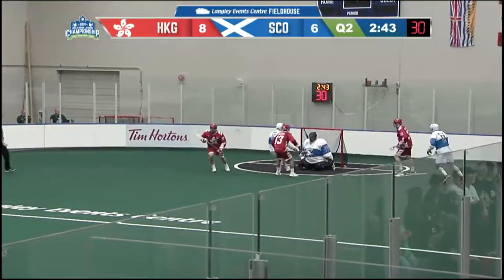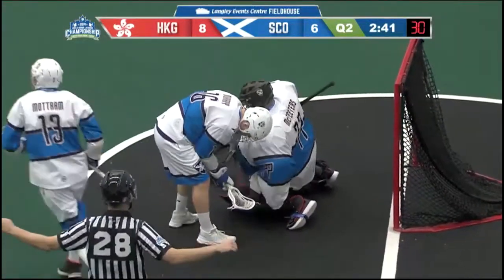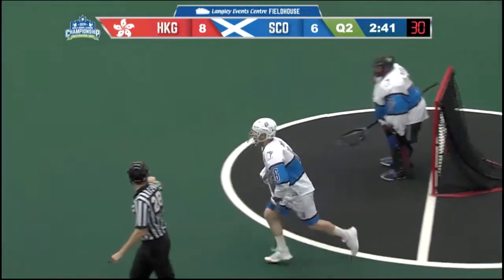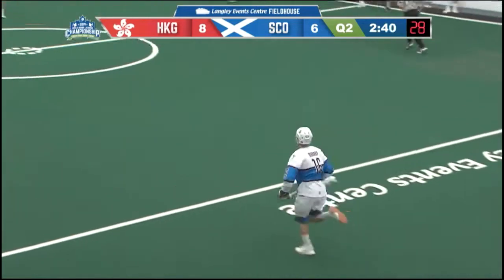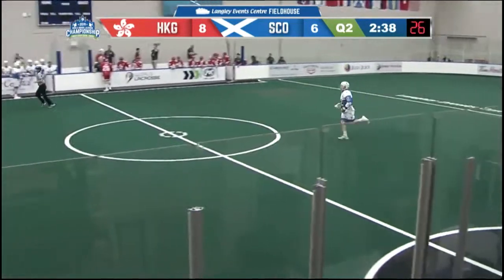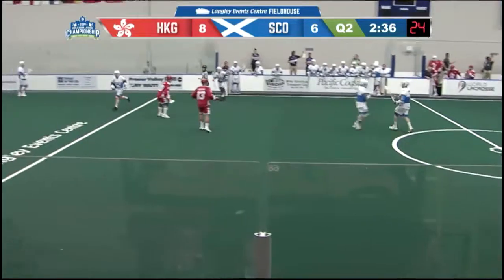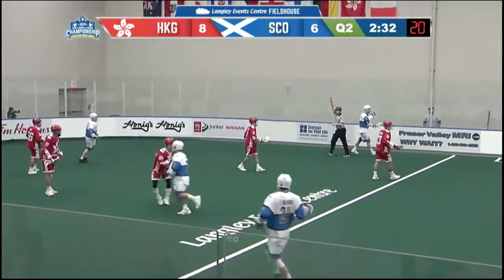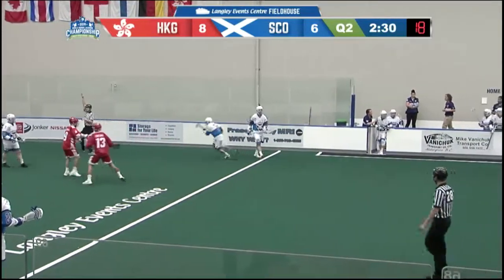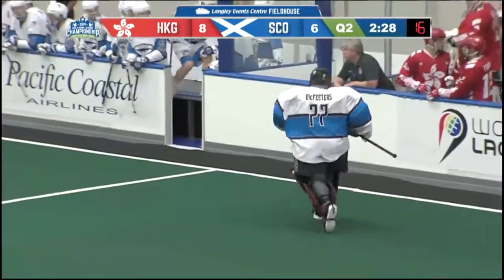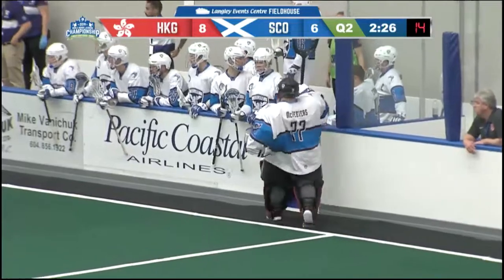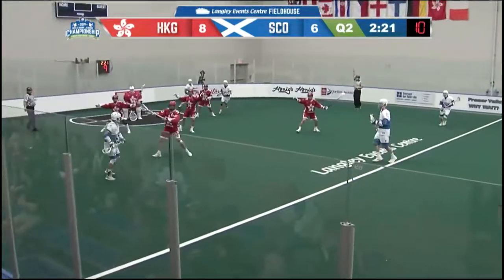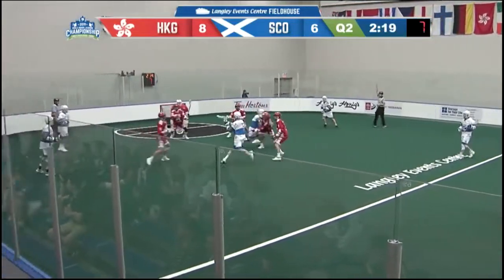There's a shot glove side by Maklami. McFeeters stops it, has it in front of him, keeps it out as back the other way Murray. Now over center. Delayed penalty to Hong Kong here. Scotland will settle it down, get the goaltender to the bench. McFeeters the long change with 2:20 remaining in this second quarter.